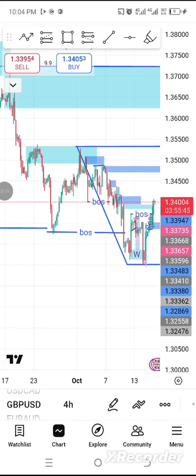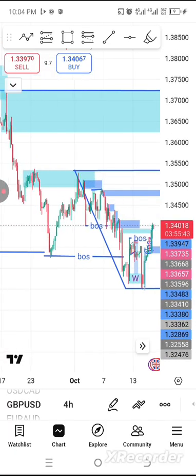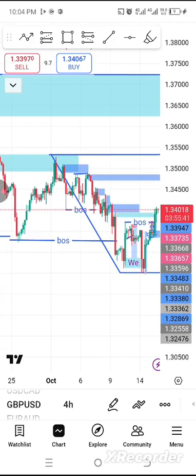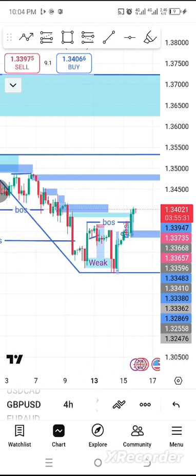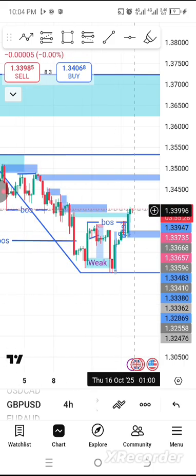Hello, good day, guys. Today we'll be doing this simple top-down analysis on GBPUSD. A quick breakdown from the higher time frame down to the lower time frame. Today is Wednesday, and you could take action from this analysis for tomorrow's Thursday and what you could expect for